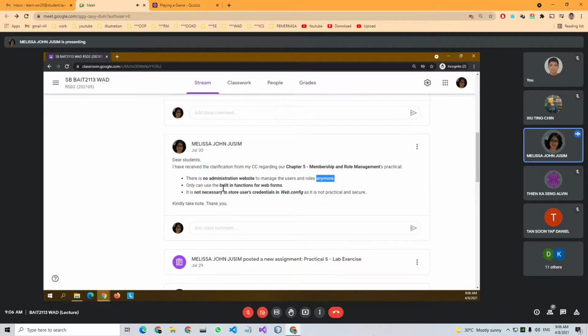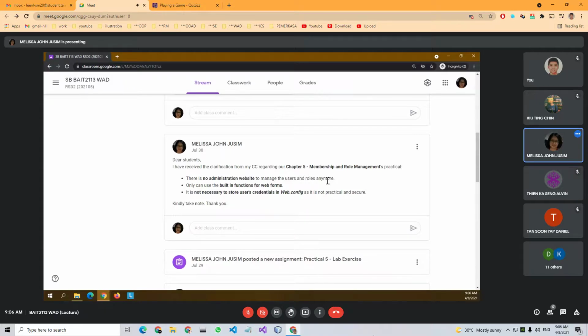And I also asked about creating the credential in the web config, the credential elements. She mentioned that it's not necessary, so no need to add the user's credential in the web config as well. Okay, so I hope you take note.